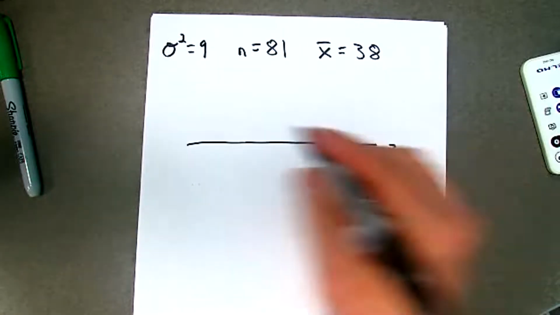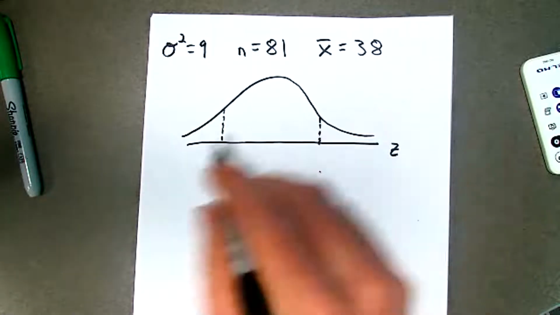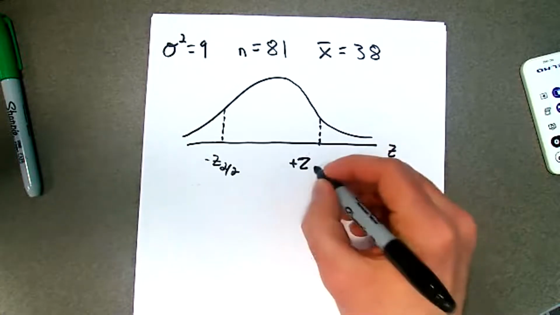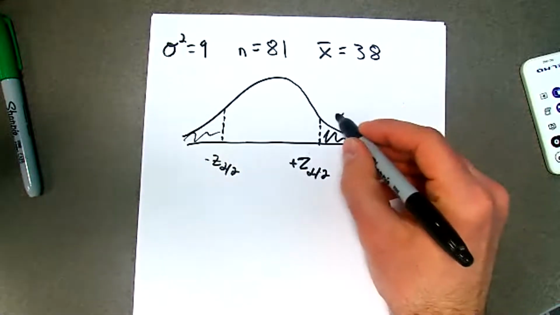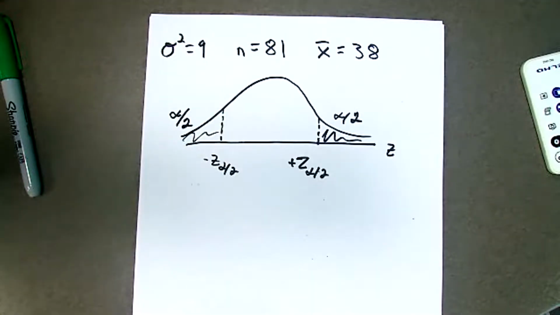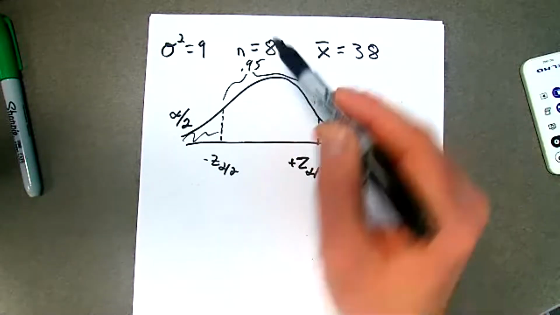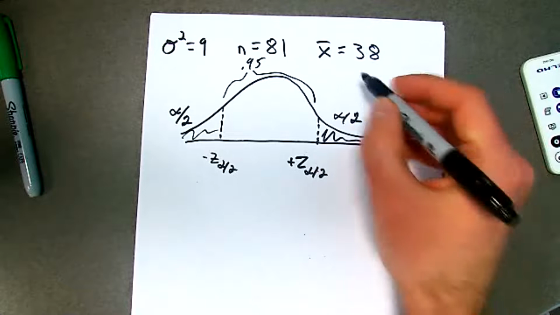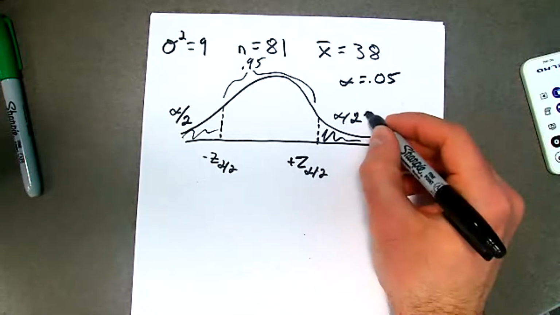I wanted a 95% confidence interval, so what I'm thinking about is, okay, what positive z-score would give me alpha over 2 in each of these tails, all right? My alphas and 2's kind of look the same, but this is alpha divided by 2, right? So we wanted a 95% confidence interval, so we want the area in between those z-scores to be 0.95, which means the area outside of them is 0.05. So my alpha here is 0.05 for a 95% confidence interval. But then there's half of alpha in each tail,